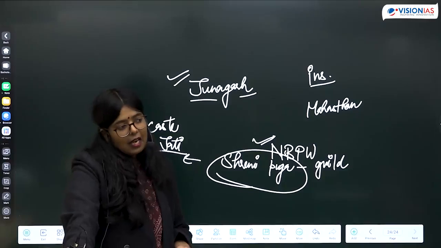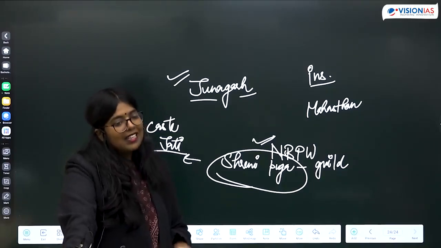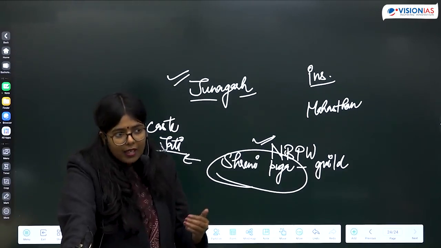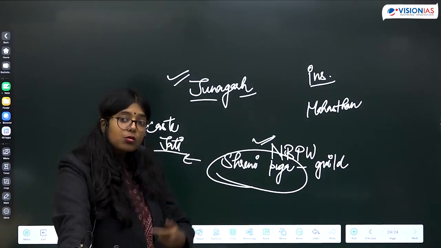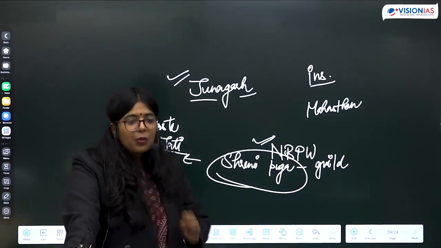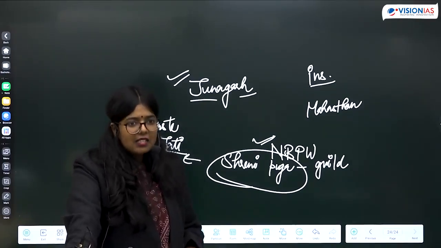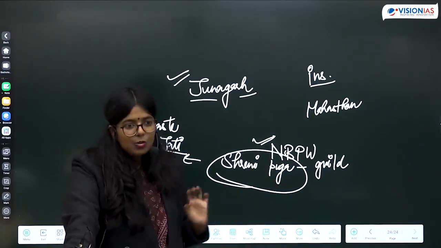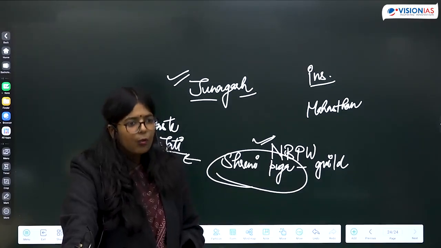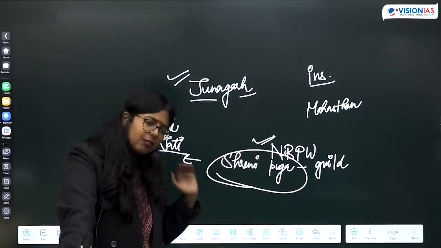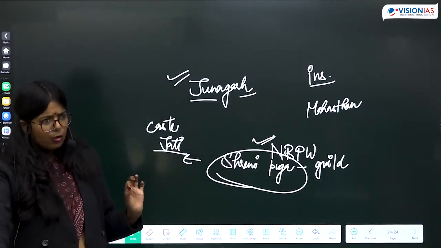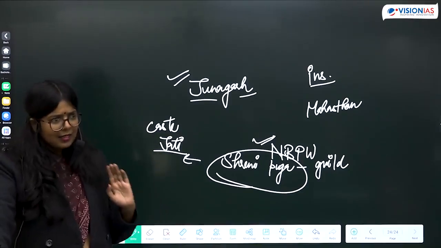A very interesting work is being done on this now. When we are talking about the spread of Buddhism, it is also establishing trade links with various areas. So in that context, our trade relations with Tibet are also being explored now. Prominently, the area that we need to remember is Central Asia. That is one thing that you need to